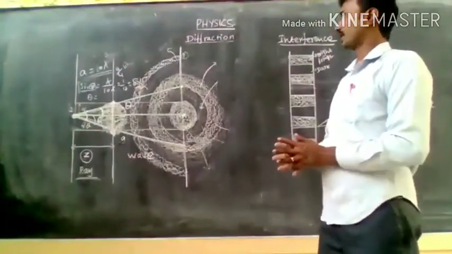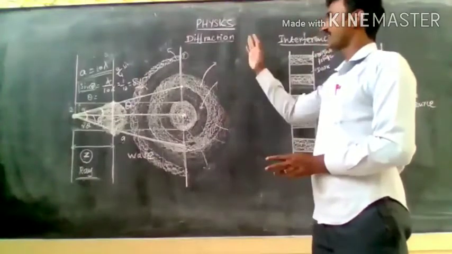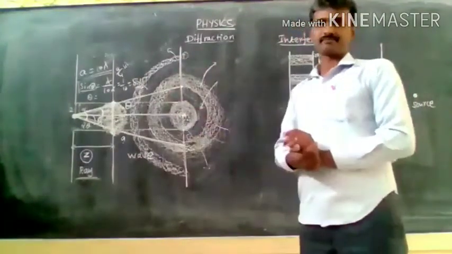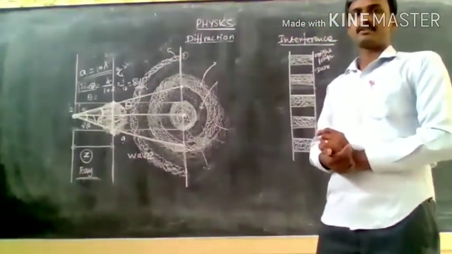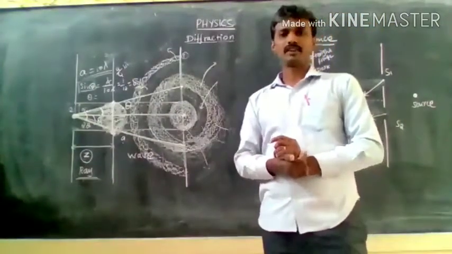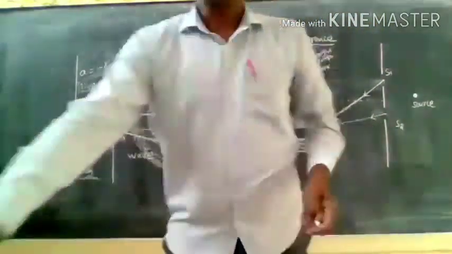Okay, that's all about interference and diffraction through the single slit. Next, we are going to discuss one important 5-mark question and also the